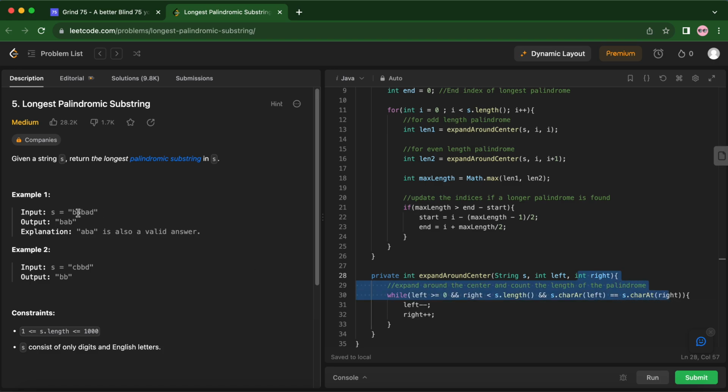So now left will reach 1 and right will reach 0 1 2 3, so 1 and 3, right? So what is the maximum length here as of now? That would be right minus left, right? That would be 0 1 2 3, 3 minus 1,